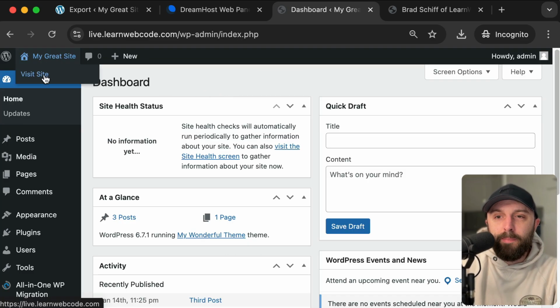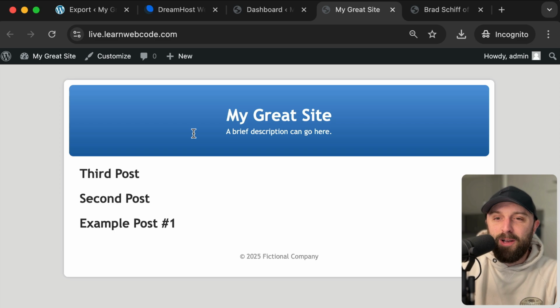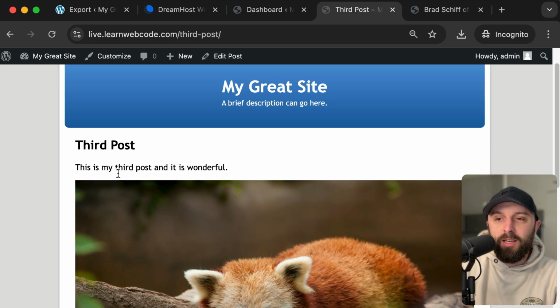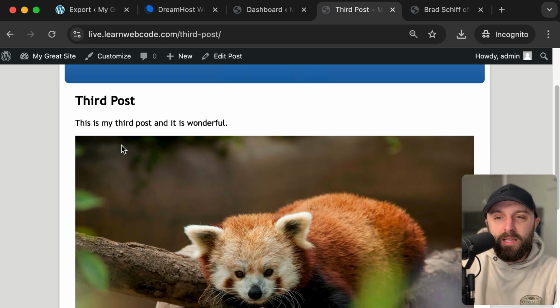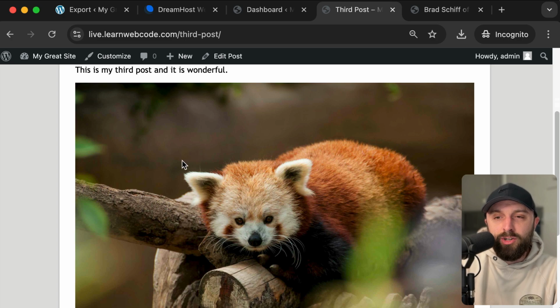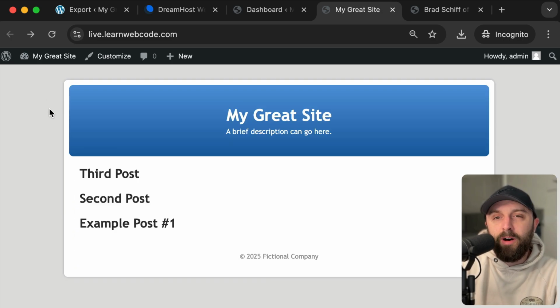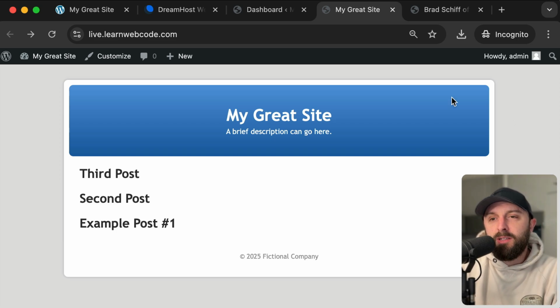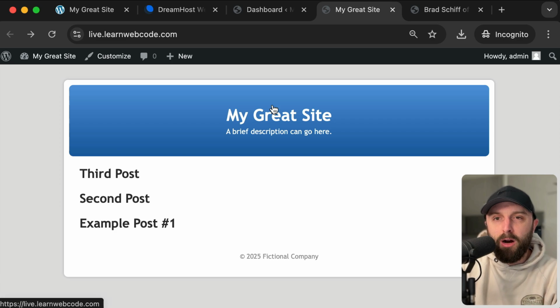And now if I go visit the public front end of my website, awesome. I can click on third post. It copied over not only my database data and my different posts, but even my images. This is also using my custom theme files, my custom plugin files, everything. So this is perfect. However, now that this initial clone or copy is complete,